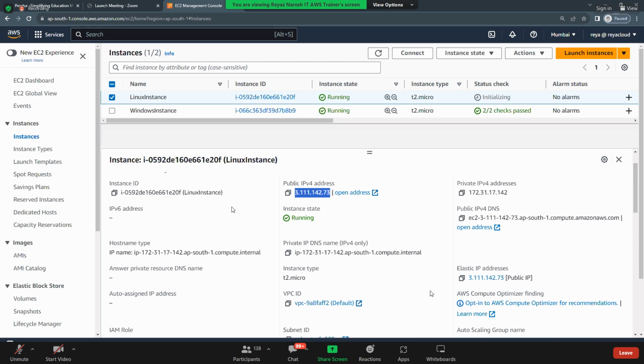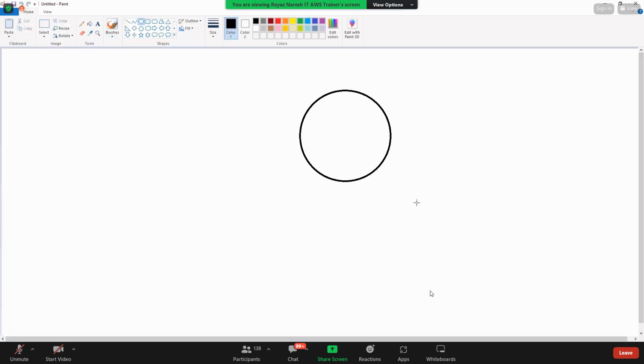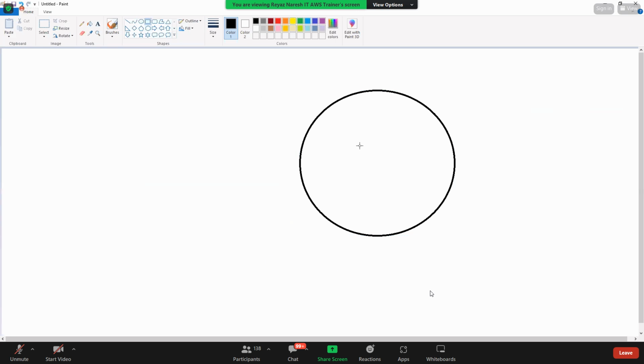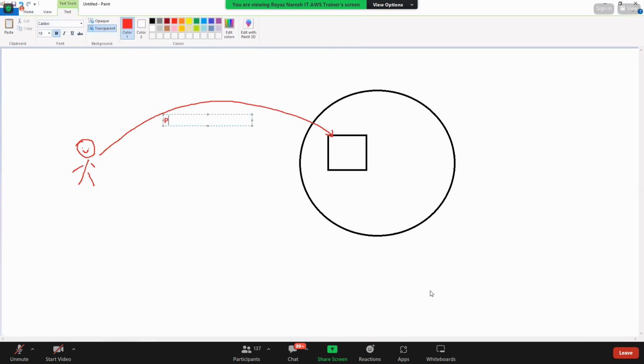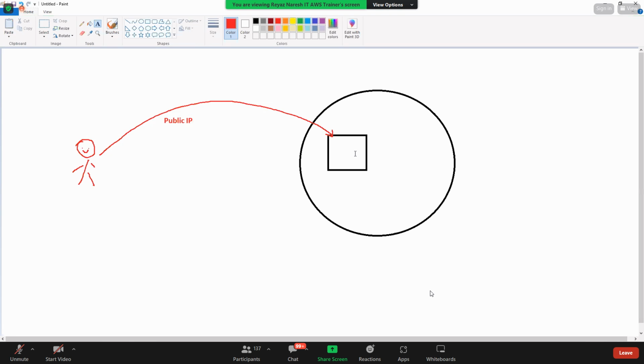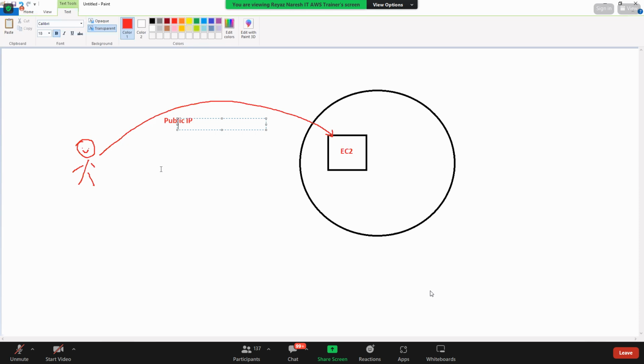And how do you do this in your real time? Let's say this is your AWS and this is the EC2 instance that you have launched. And here is the client. The client will be connecting to the EC2 instance with what IP? Let's say public IP. Let's say you have assigned the public IP. So you went and stopped and started the EC2 instance. This IP address will change.